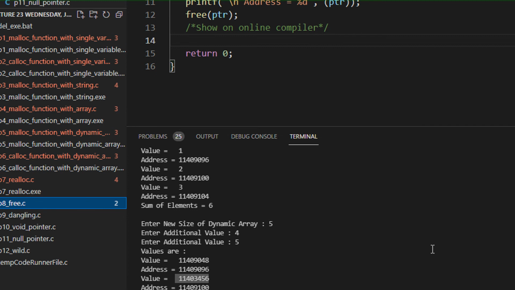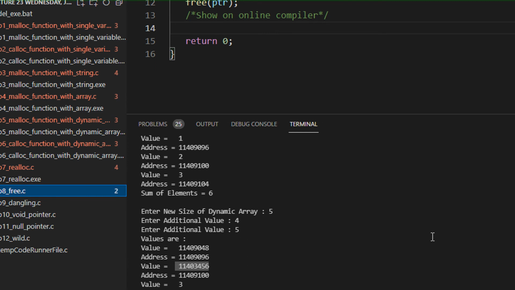But see, the concept of reallocation is that in the case of reallocation, you are just basically increasing the length of the memory allocation. So for example, initially you felt okay, the size of 15 into 4 integers, that is 60 bytes was enough. Now you realize that okay, not 60, basically I need 30 bytes more, right? So you can do a reallocation.